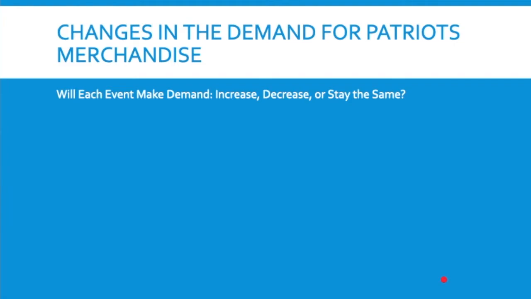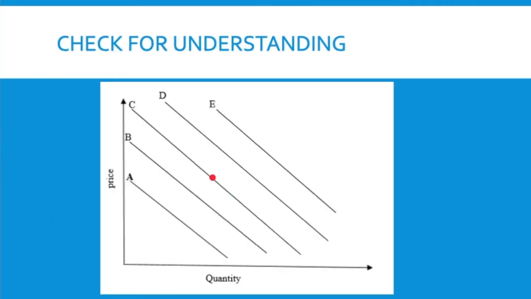So for each of the following scenarios, we're going to look at demand for Patriots merchandise, so things you buy, shirts, hats, whatever it might be, bobbleheads. Will each event make demand increase, decrease, or stay the same? So if it increases, you're going to move your finger to the right. If it decreases, you'll move to the left. So you're going to start at C. Everyone's going to start here. And if the scenario says that demand for Patriots merchandise would increase, then move your finger to the right and keep it there until the next scenario. If you think the scenario would make the demand for Patriots merchandise go down, then move it to the left and keep your finger there until the next scenario. If you think it wouldn't cause any change at all, then leave it where it is. All right, so everyone's starting at C. Put your pen or finger there.